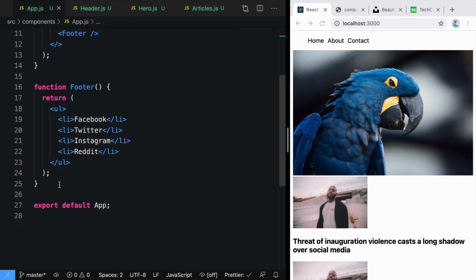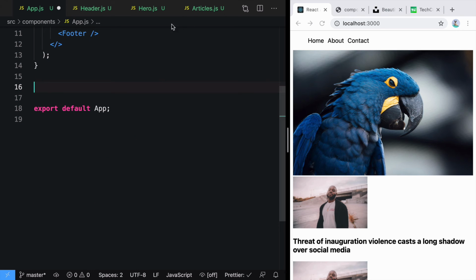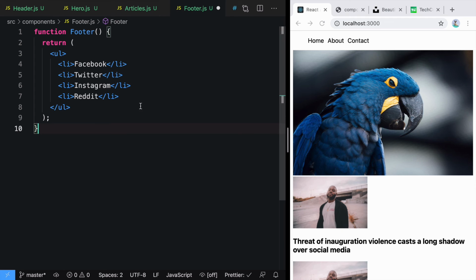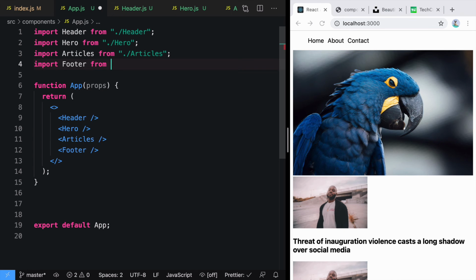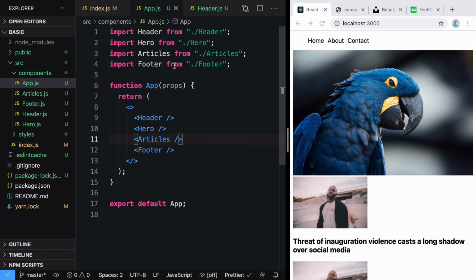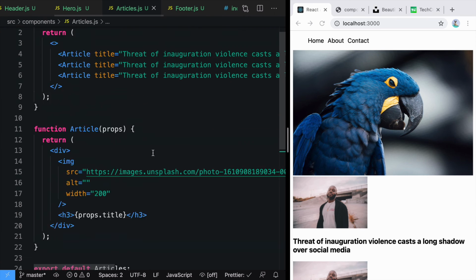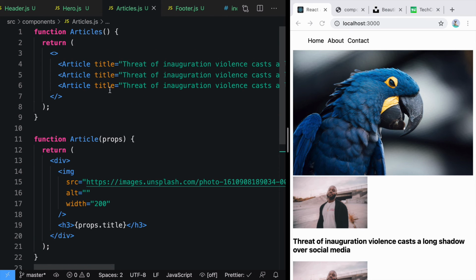We need the last thing, that is footer. We'll move from here to our new file footer and we'll export from here. Here we'll go ahead and import footer from ./footer, and our app will be working the same way it was. But now our organization is really good because app consists of all the different small components, and each file has one component. So whenever we want to work on articles, we can directly go to this file and change anything. This way of working is a lot more organized than how we were working earlier.